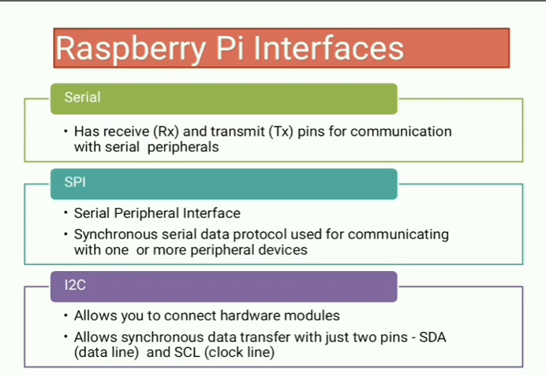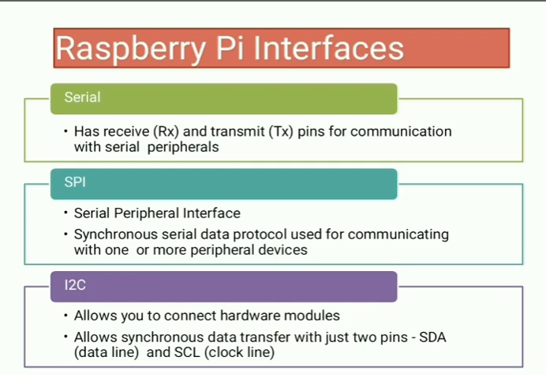What are those pins? First pin is MISO, master in slave out. This MISO pin is used for sending data to the master. Second pin included in SPI is MOSI, that is master out, slave in. This is a master line for sending data to the slave. If we want to send data to peripherals, then we can use master out, slave in. Whereas if we want to send data to the master, in that case we use master in, slave out.